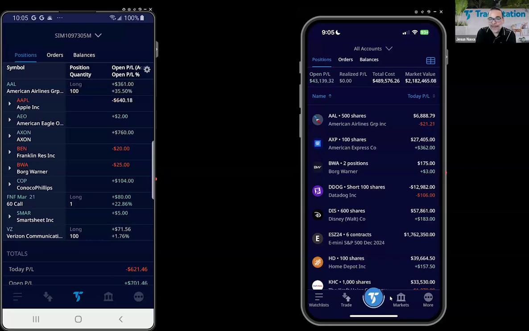But if you tap on that TradeStation home button, it'll take you here where you see your positions, orders, and balances. You can tell that I'm connected to two different accounts. So my positions list on the left-hand side on Android is different than my positions here on iOS. There is a difference in the view, only because iOS provides you what's called a list view rather than